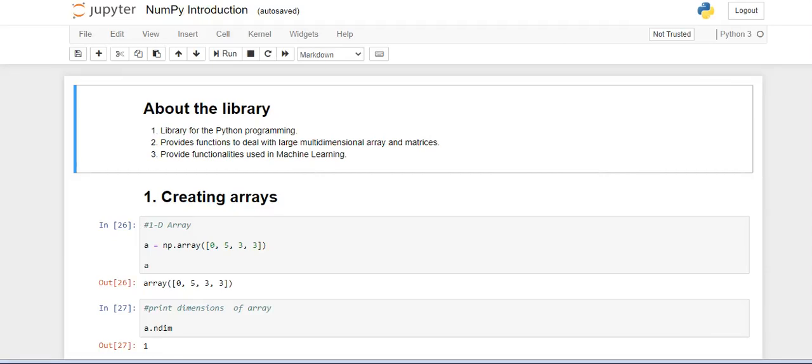Today I'm going to discuss an important library for machine learning, that is NumPy. I will also give you some examples in Python, like how this library works and how we use NumPy functions to process the arrays. But first of all, before we get deep into it, we first need to know what this NumPy is, what its use is, and how we can use the functions of NumPy to process arrays.